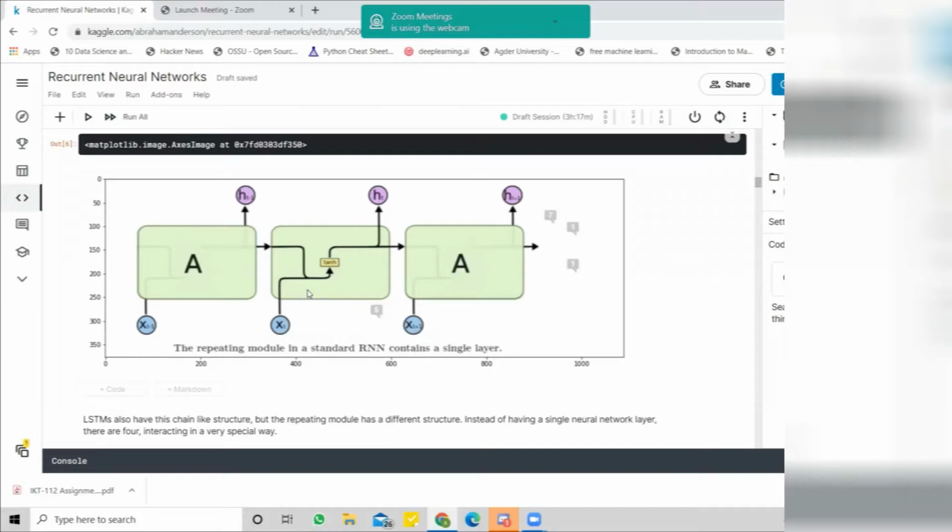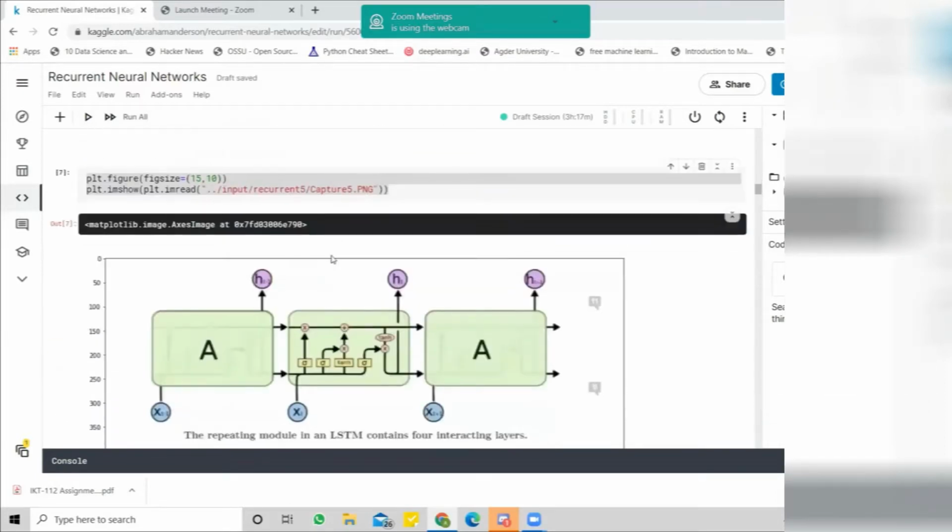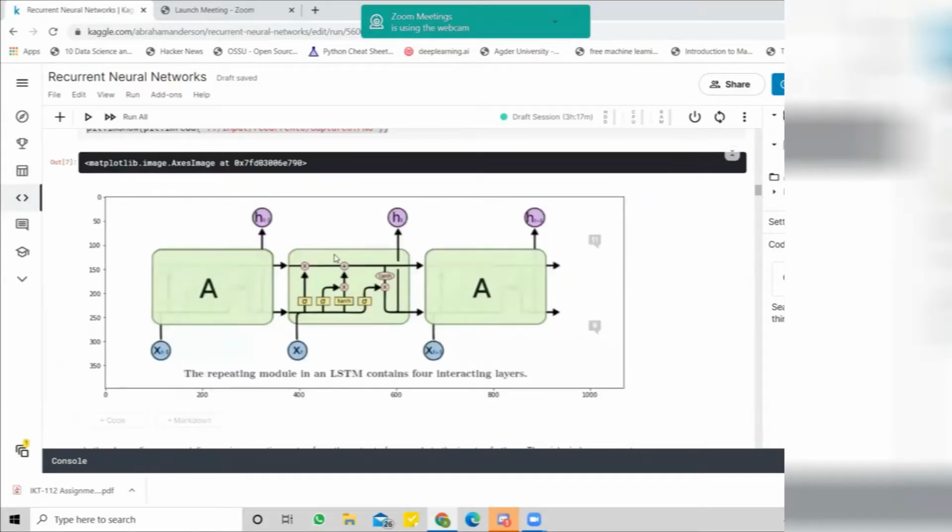But when it comes to complicated problems, complicated translation or voice recognition, one single layer is not enough to tackle the problem. Therefore, they developed a more complicated, but very good, version.